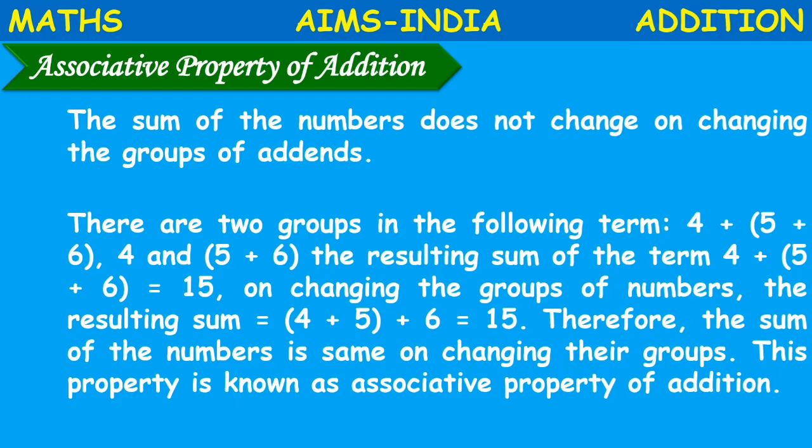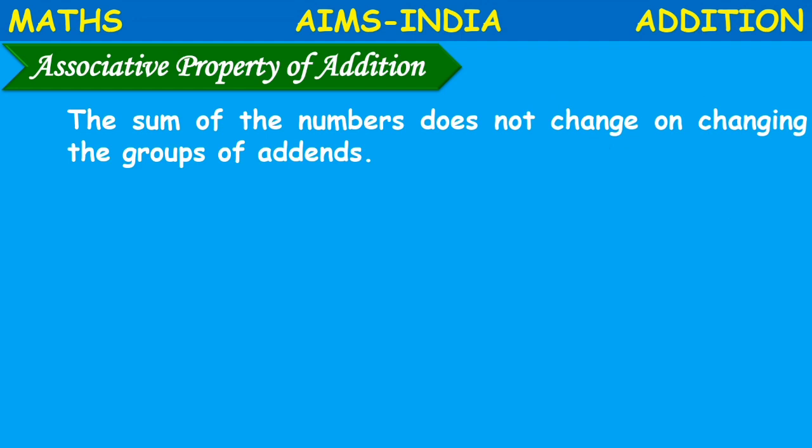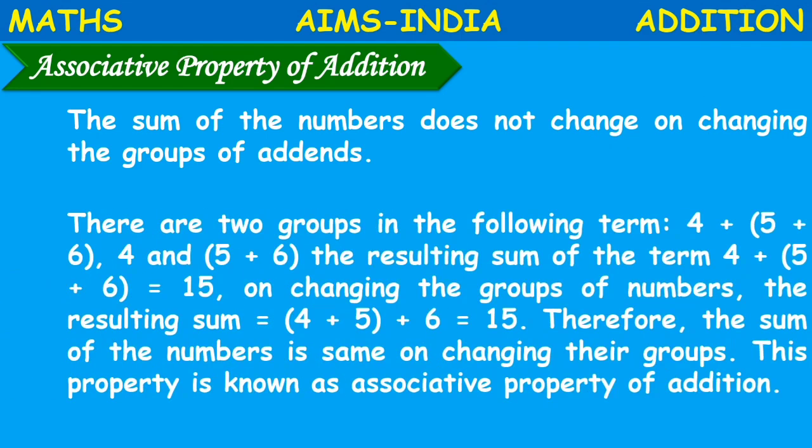Okay, children, what is this saying? This associative property is also very similar to our commutative property of addition. Yes, in the commutative property, what did we have? We had two numbers, and we changed the order of the numbers. So even though we changed the order of the numbers, we got the same sum, right?